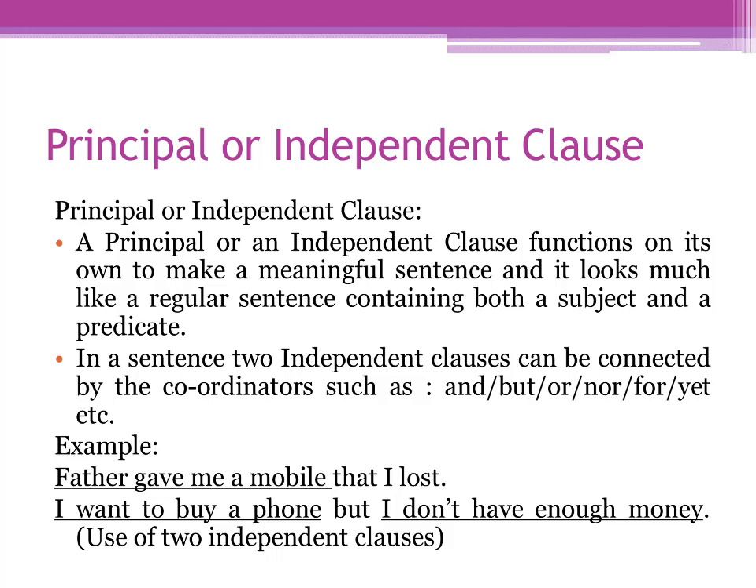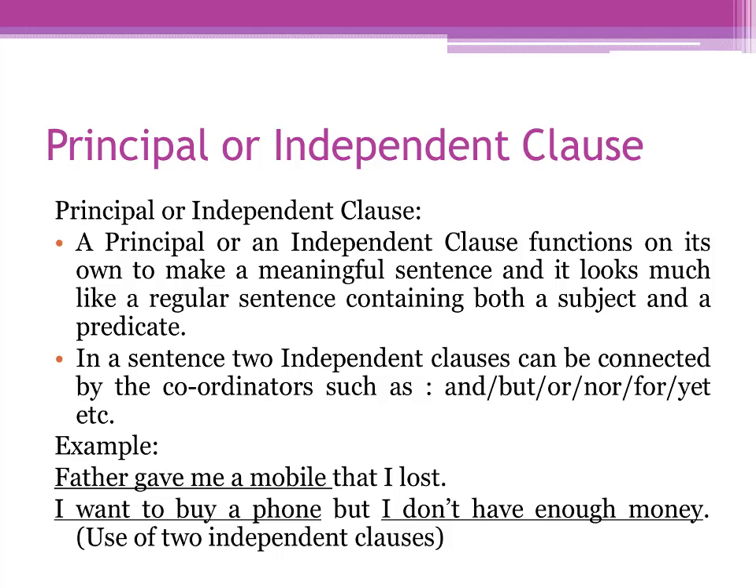A principal clause or an independent clause functions on its own to make a meaningful sentence, and it looks much like a regular sentence containing both a subject and a predicate. In a sentence, 2 independent clauses can be connected by coordinators such as and, but, or, nor, for, yet, etc. Example: